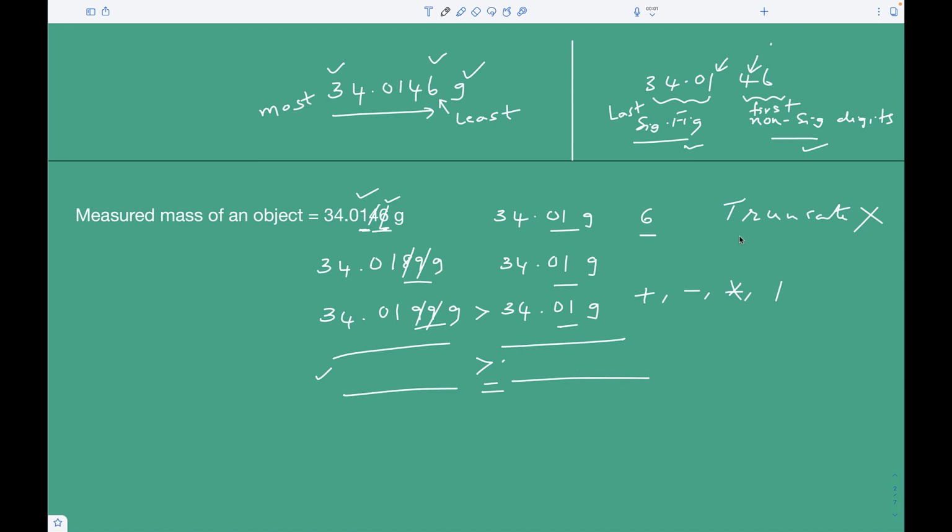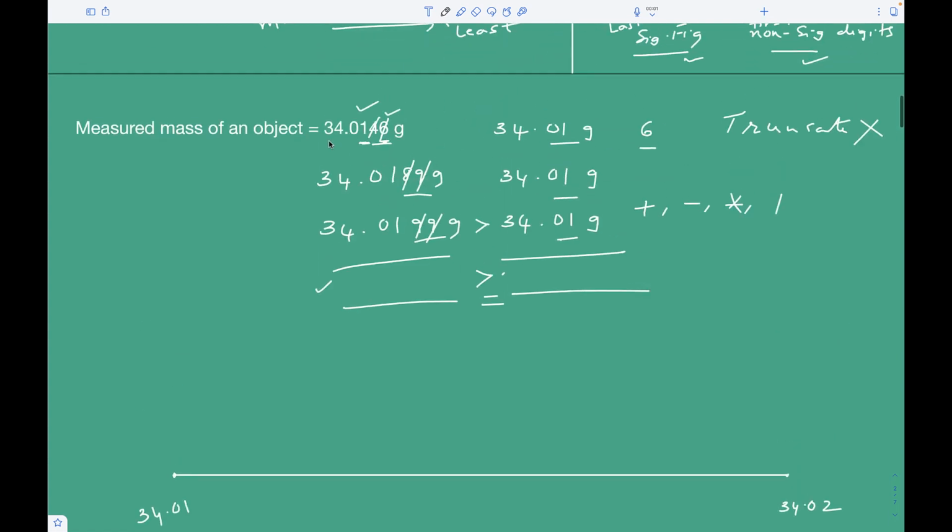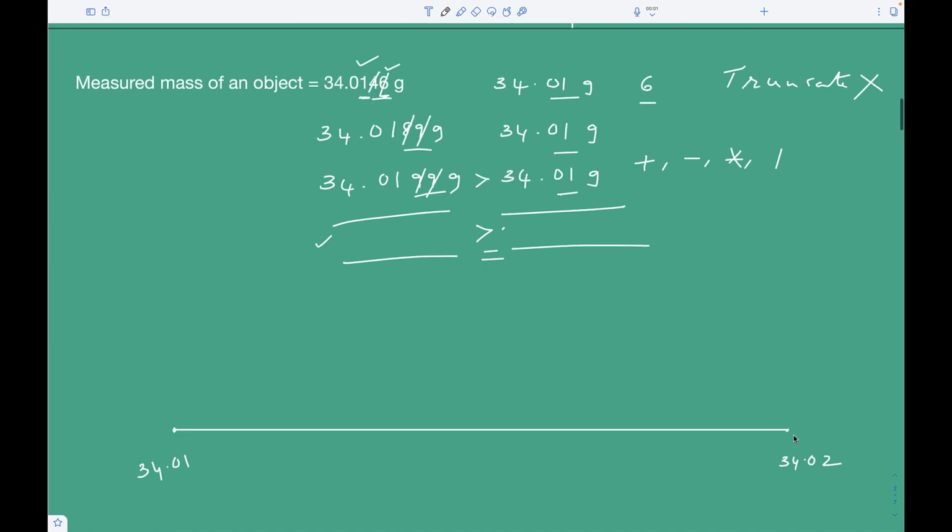As we previously discussed, truncation would not work. Then what can we do? Let us say this end of the line represents the number 34.01 and this end 34.02. Then this number 34.0146 is somewhere between these two, right? Probably near the center of these 2 points. Somewhere here, I think,